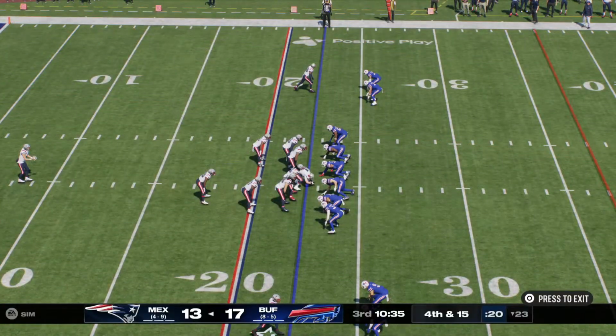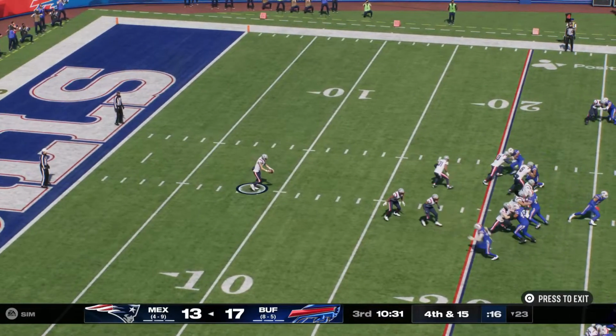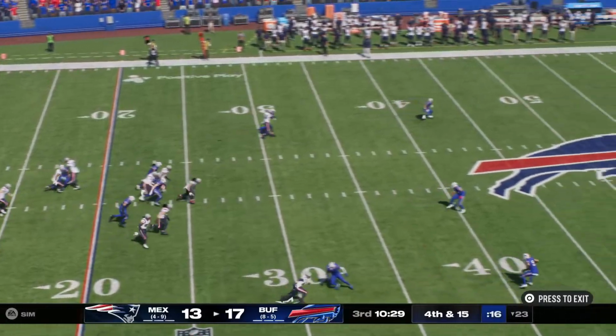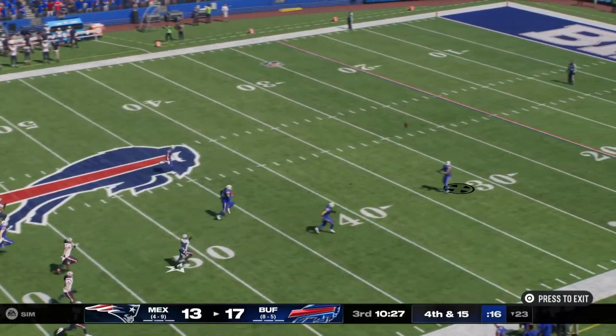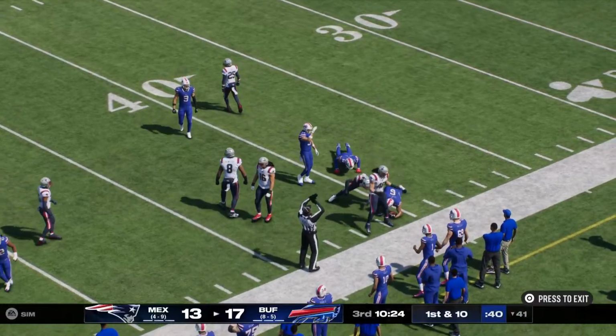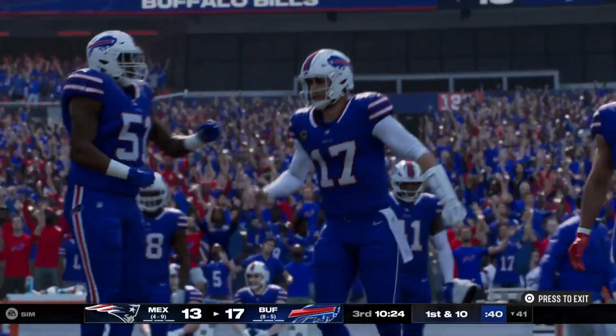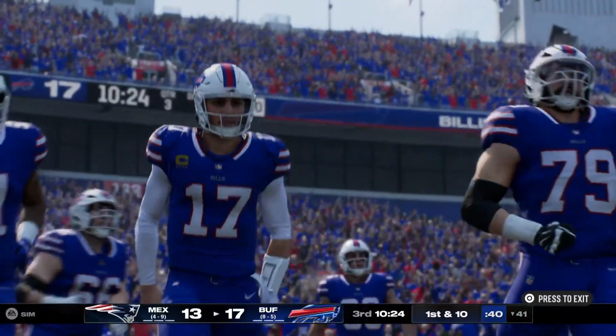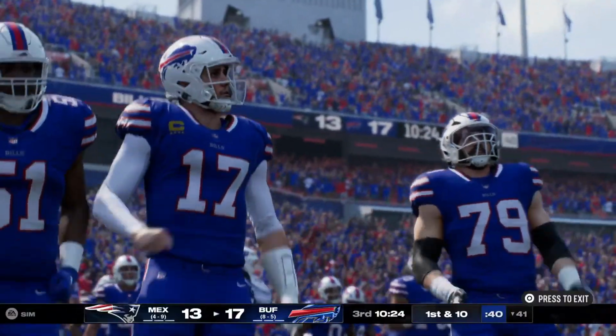The Patriots send out their punter as the drive goes backwards, so he's on to punt it away. And last week in the loss, 5 punts as he gets this one away. And taken right at the 35. Call that a 41-yard punt, 6 yards on the return. And the Bills will take over the football with a 1st and 10.